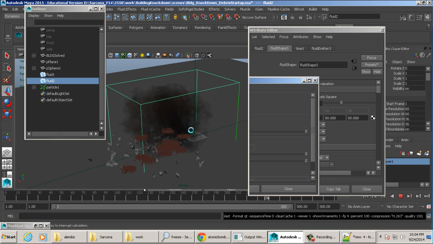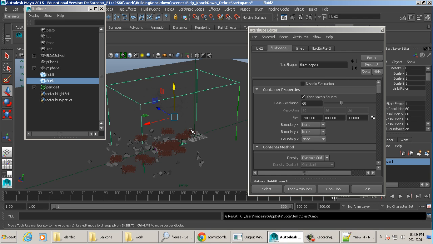So can those be cached as well? We would cache it after we're satisfied with it. Yes. Okay. Alembic cache or no? No, we would do a fluid cache, and we would also want to make sure